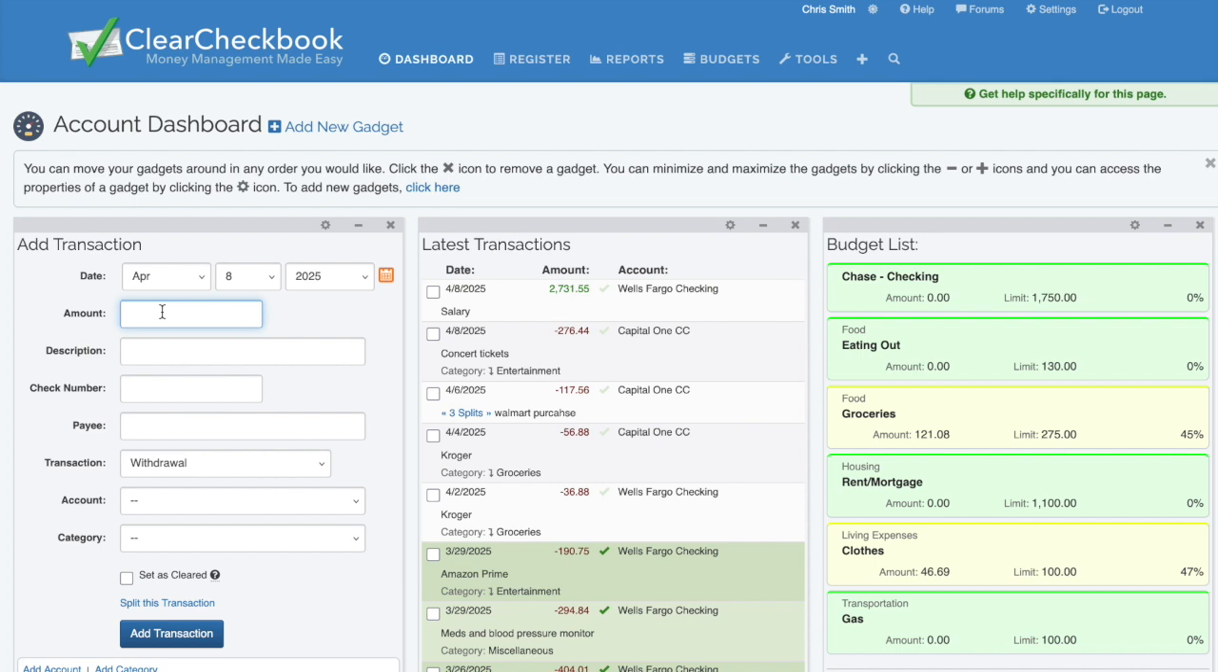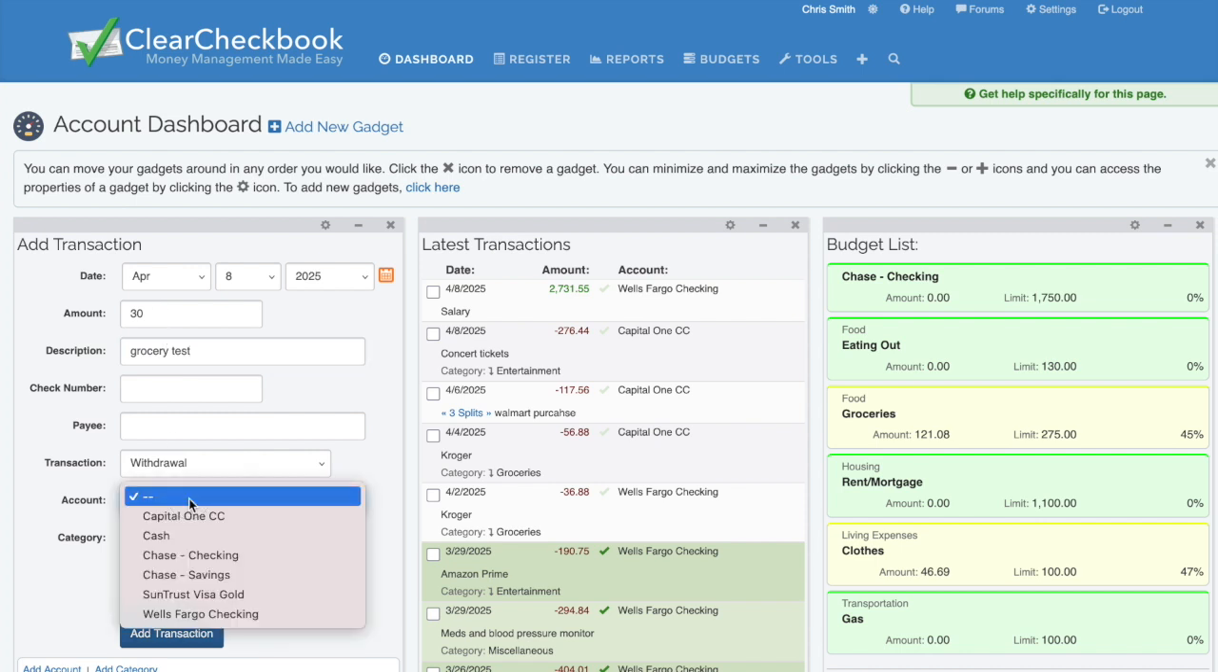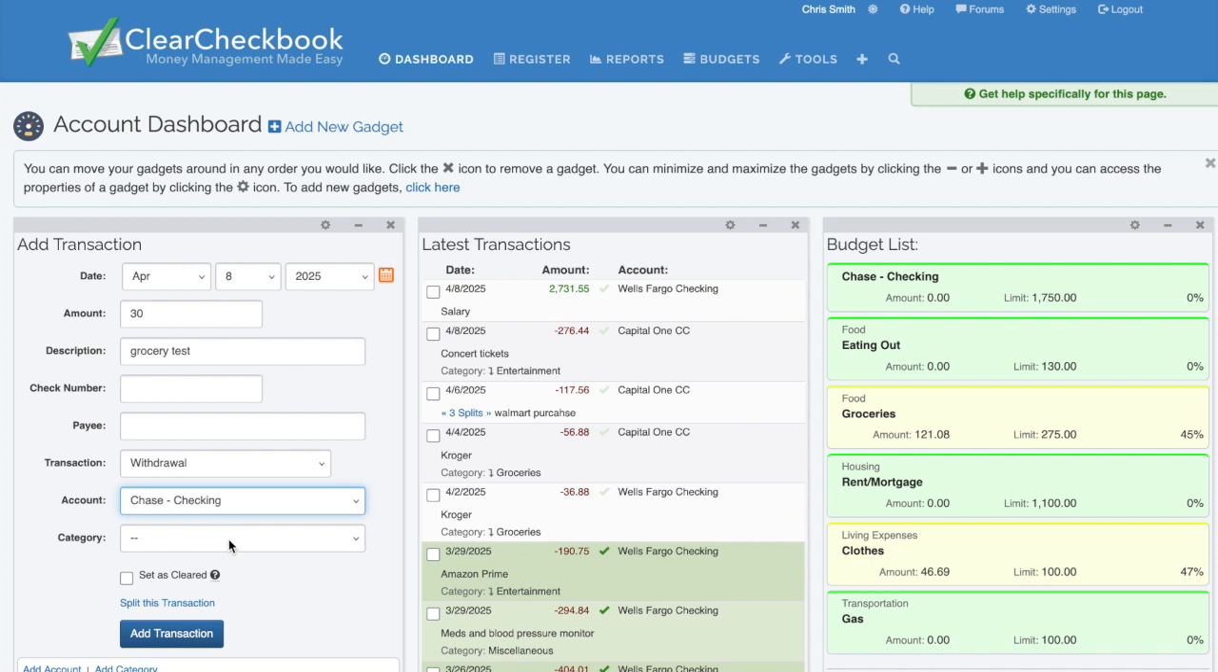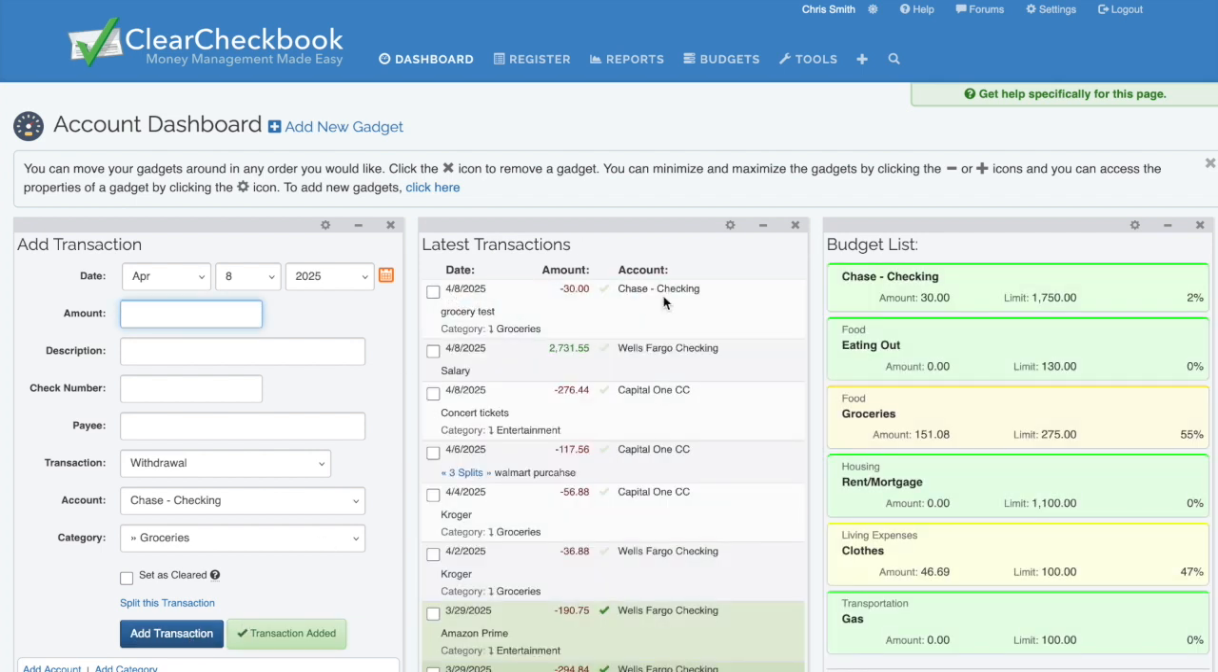As I mentioned earlier, if you add a transaction from the Add Transactions gadget, you'll see other gadgets update as well. In our current view, we have the latest transactions and budget gadgets visible. I'm going to add a $30 purchase from my Chase checking account so you can see the two gadgets update. After adding the transaction, it now appears in the latest transactions gadget, and you'll notice the Chase checking and groceries